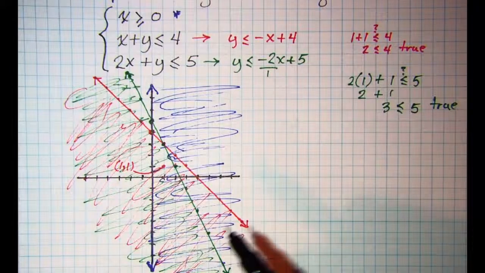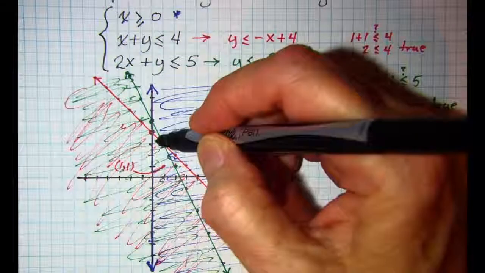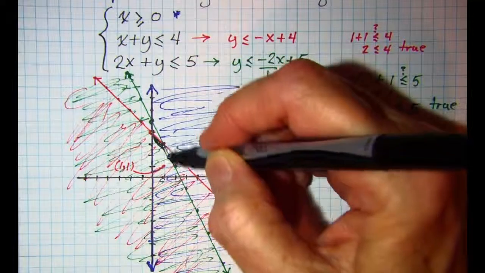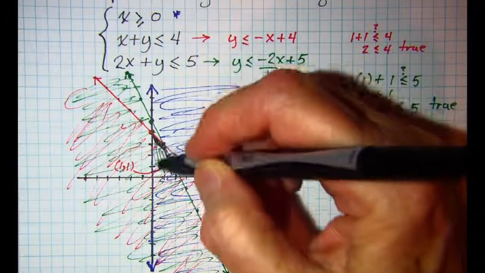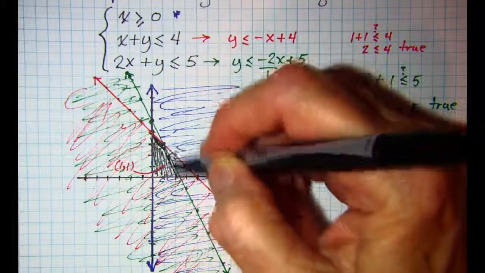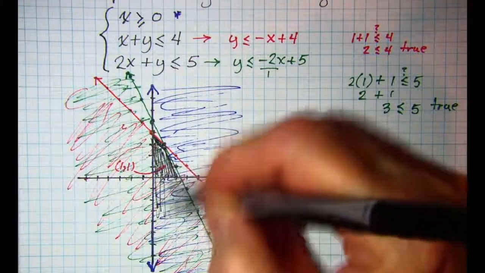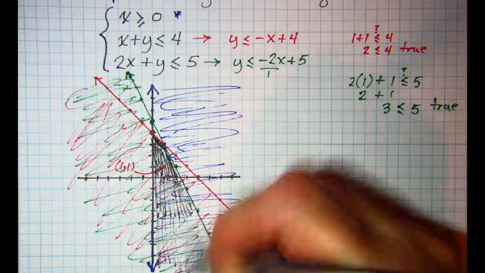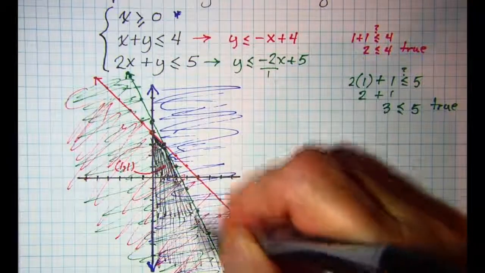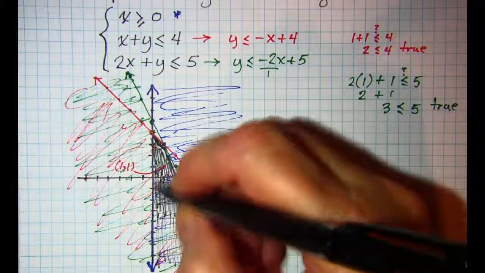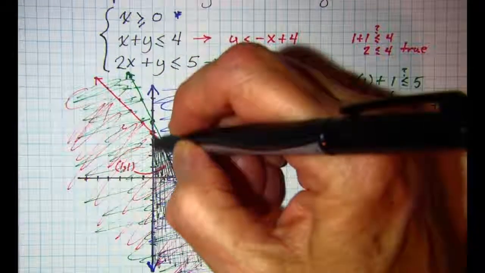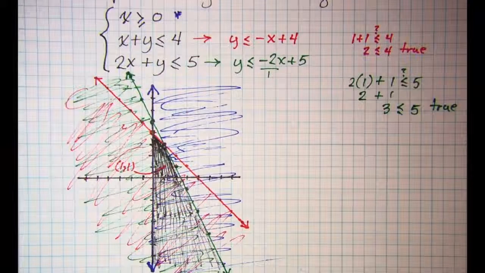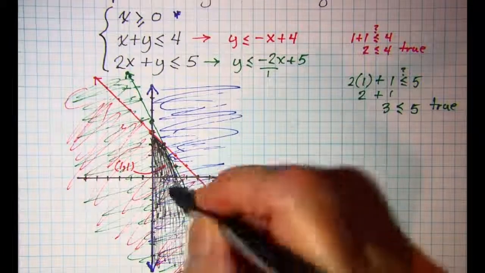So my solution set is going to be all of this area where I'm shading in black. I have a little bit of a corner right here, so that's tricky. Other than that,